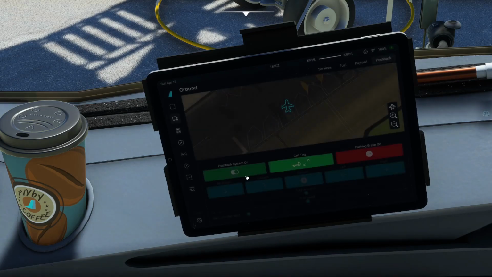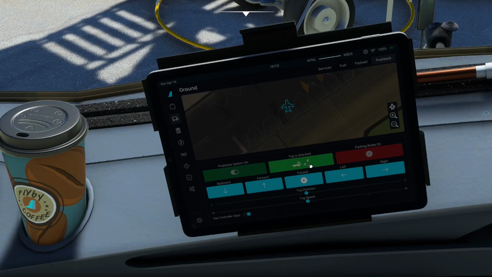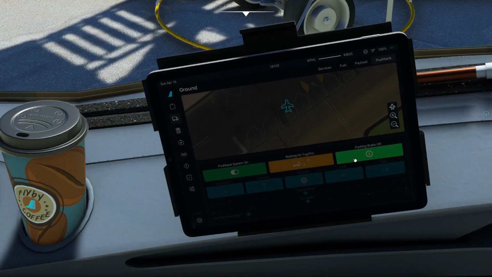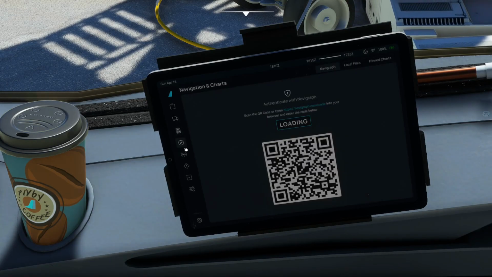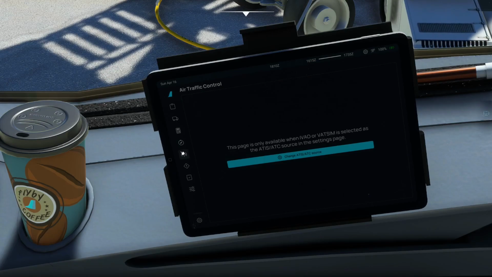Now you just turn on the pushback system and call the tug over. You can change the speed and direction if you want to go this way, or you want to go faster or slower. That's pretty much how you do it. Alright, so now just performance, navigation,